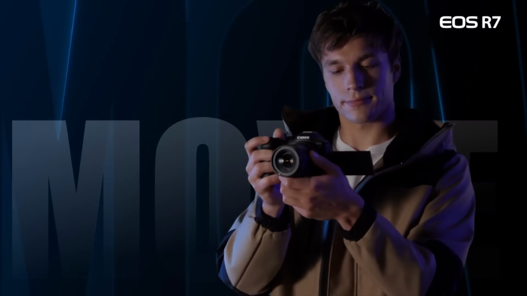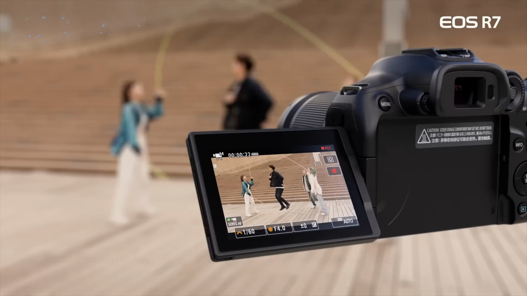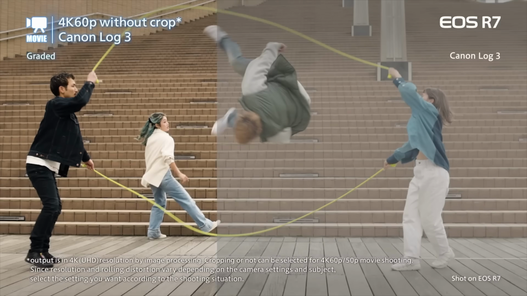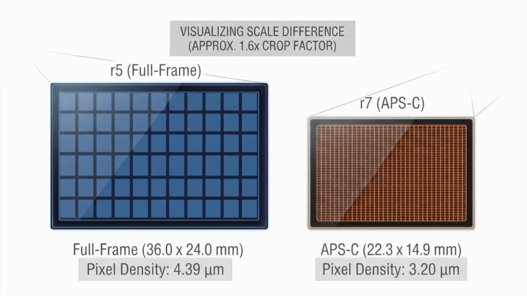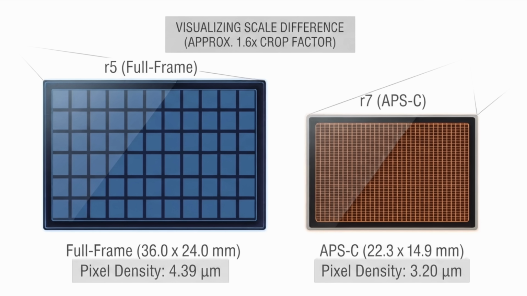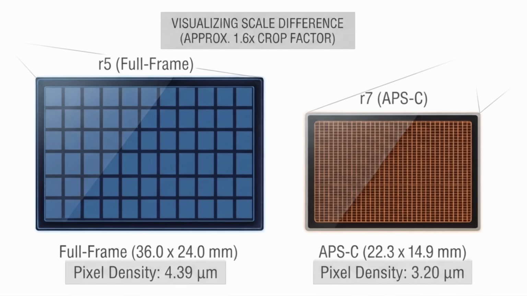If the APS-C camera has a higher pixel density than the full frame camera, then it may actually place more pixels on the subject. That means it can potentially capture more detail. If you're looking for an easy way to compare two sensor sizes for pixel density, compare the size of the actual pixels. A Canon R5 has 4.39 micron pixels and a Canon R7 3.20 micron. So the R7 with smaller pixels has more detail at the same field of view, that is, cropped to the